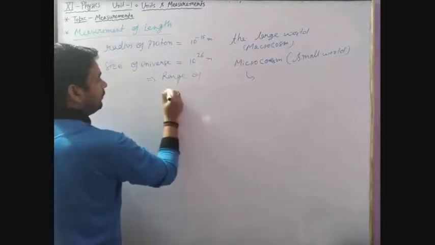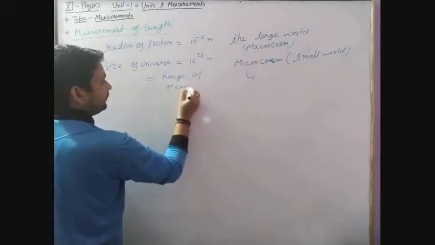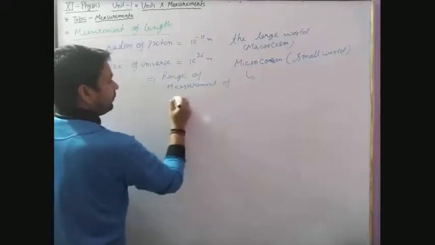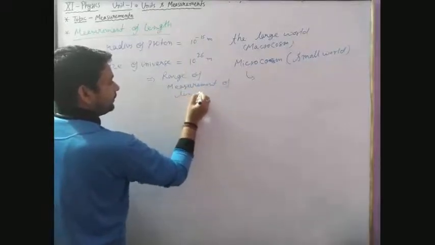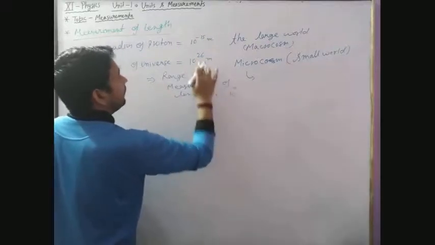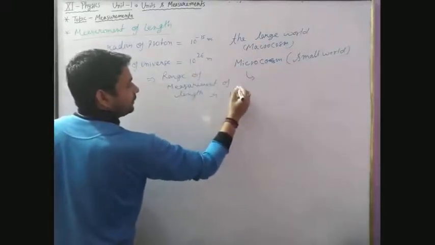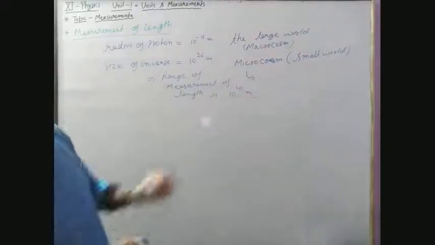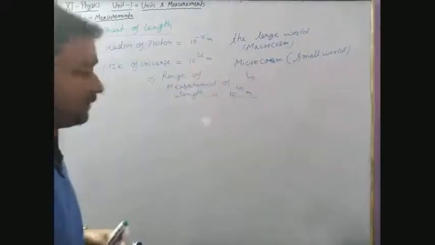The range of measurement of length is in the order of 10 to the power 26 plus 15, that is 41 meter. So we can measure length up to 41 orders of magnitude. Okay,